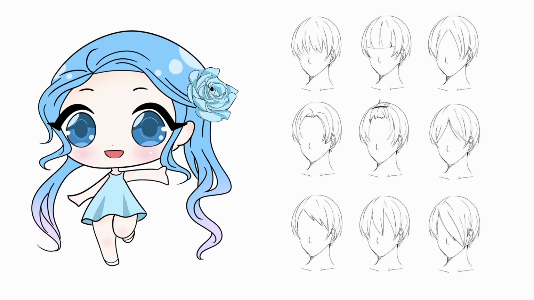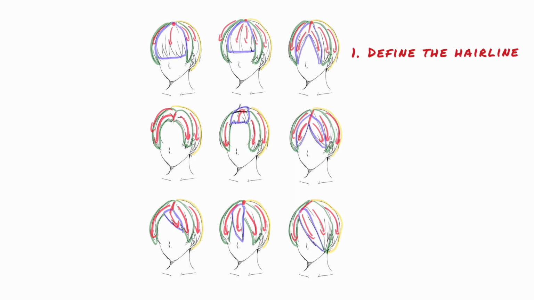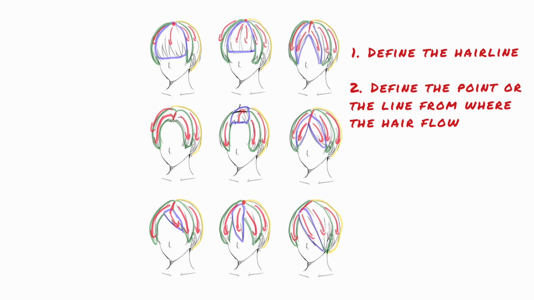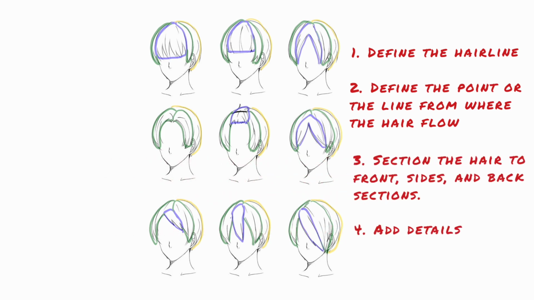Let's start by understanding the fundamental principles of anime hair. When drawing anime hairstyles, it's crucial to understand the direction and flow of the hair. That's why we must define the hairline and areas of our character's hair. Making a reference point or a root which divides the hair can help us, for instance, at the hair parting. From there, it becomes easier to see the direction that each section will take.